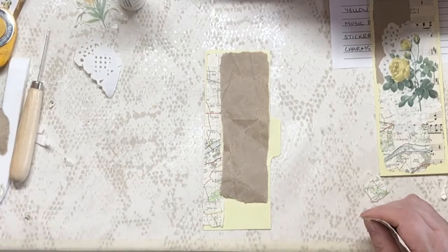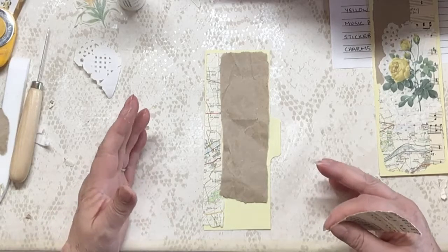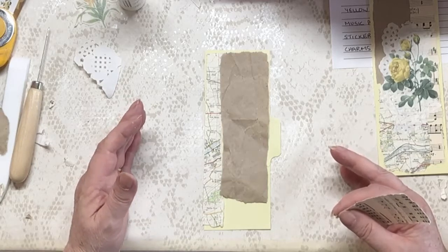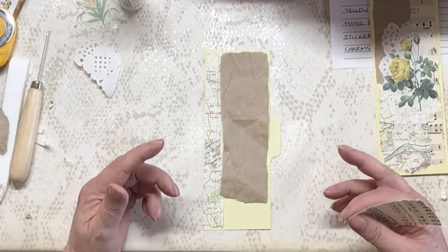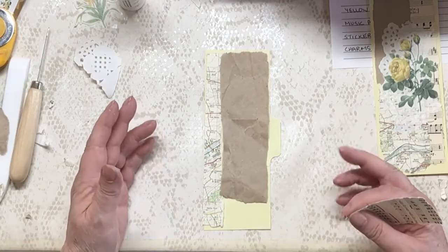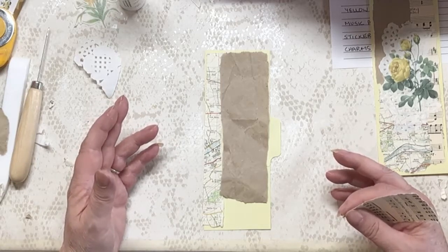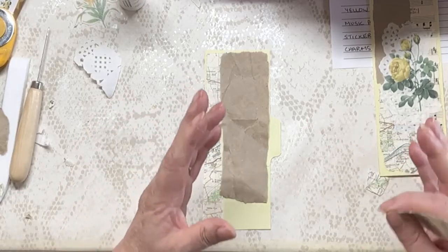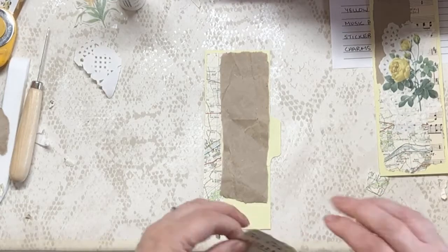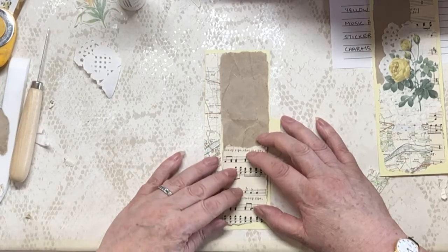Just what I would do if I was you, I'd get yourself a box or a drawer or something, and inside it put all the things that you think you want to collage with. Be it brown paper bag, the wrapping as I used from Amazon, a music book, book pages, music paper, design papers that you've printed and you haven't used, anything, but put them in a box. So that's it. If it's not in the box, you can't collage with it. And that then makes you think, because that's all you've got. So you've somehow got to get them